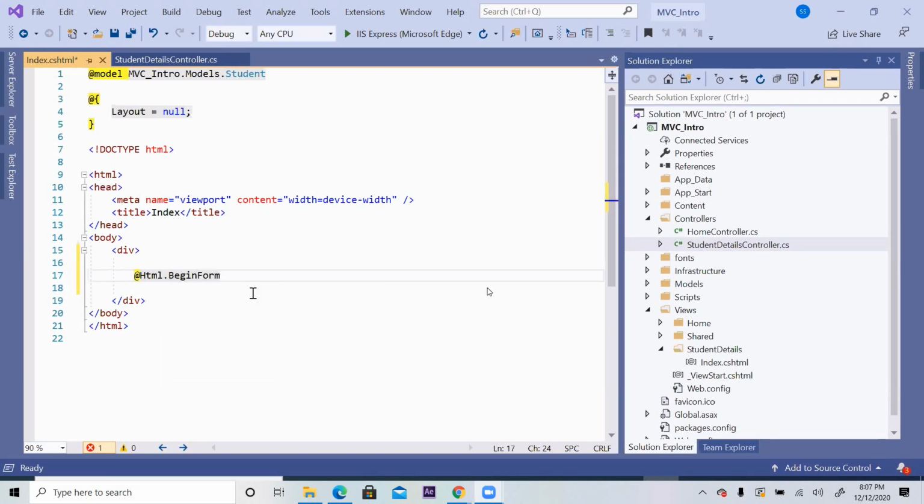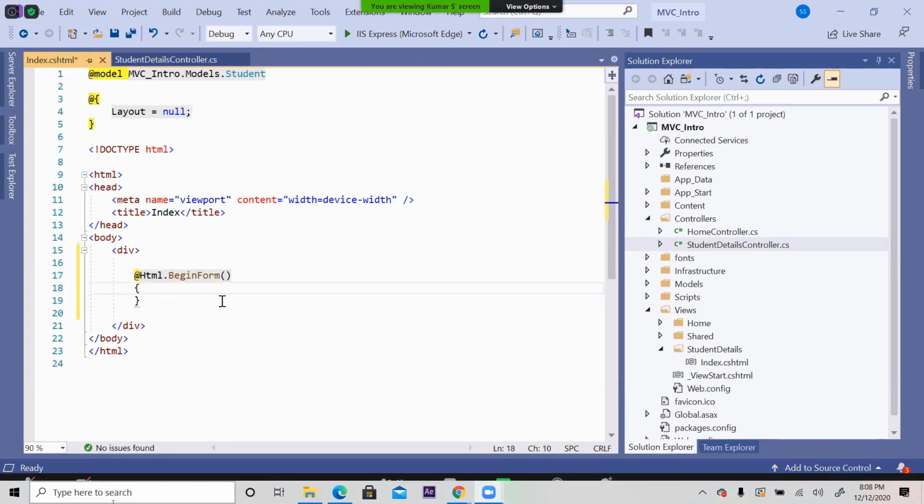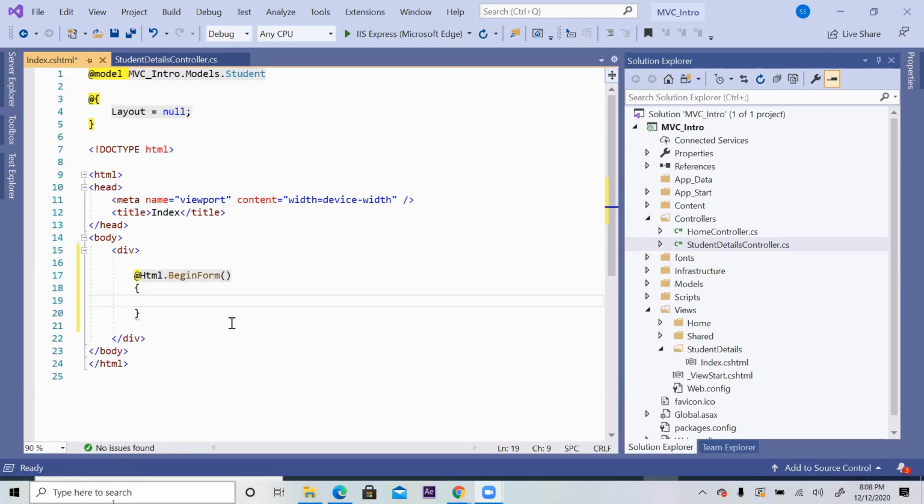Dot BeginForm. You can start like this, @Html.BeginForm, or if necessary, suppose you have forgotten this syntax, then simply you can start it like the HTML form also.